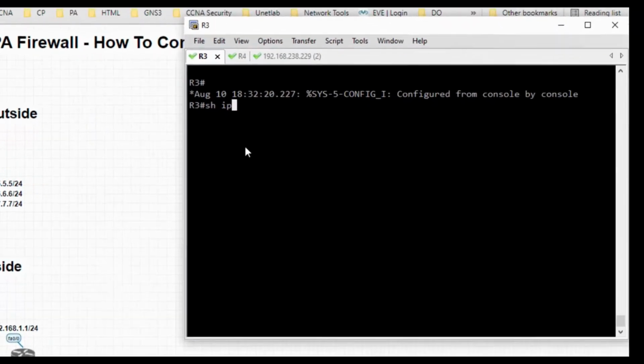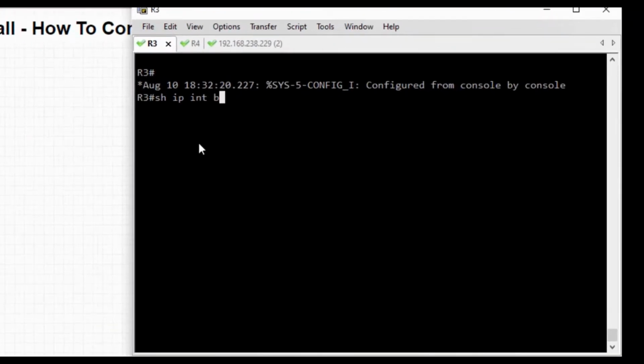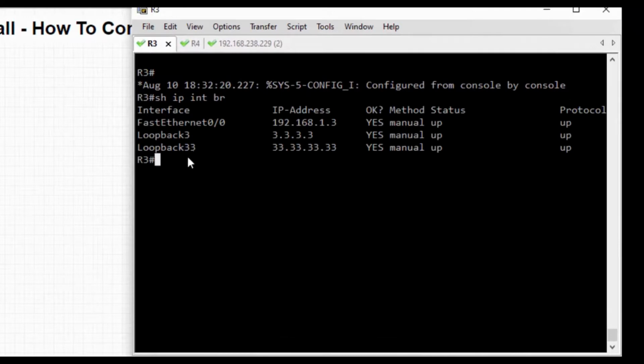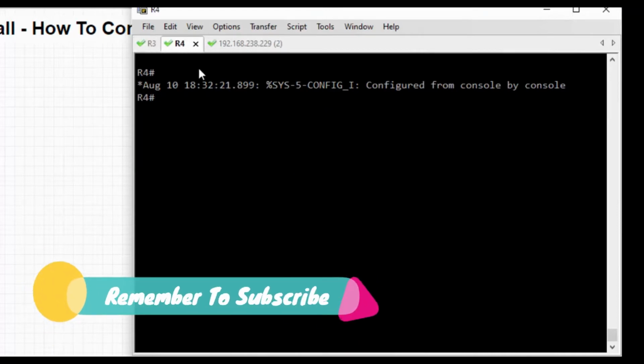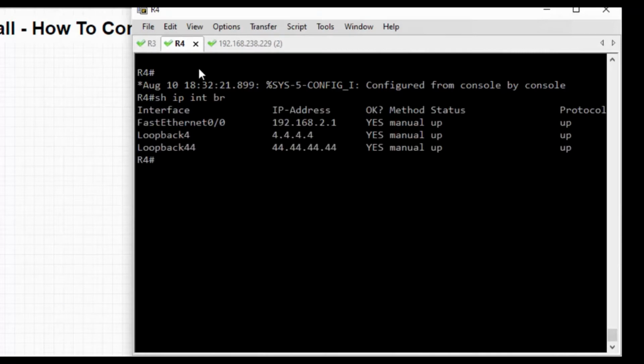I have done just the basic configuration, just assigned the IP address 192.168.1.3, and I have created two loopback interfaces. And similarly for router 4.